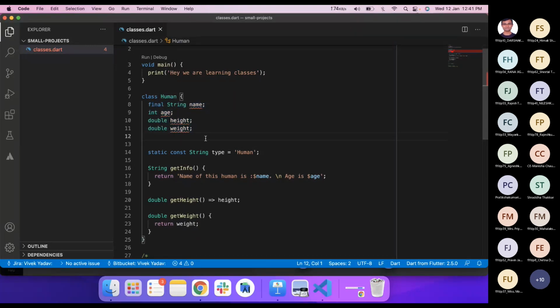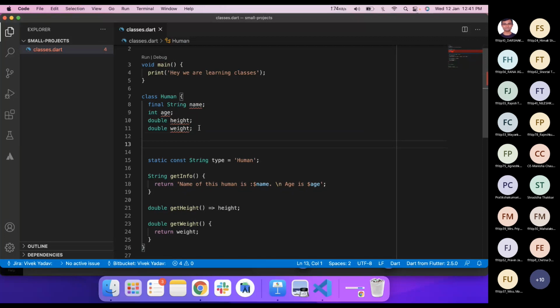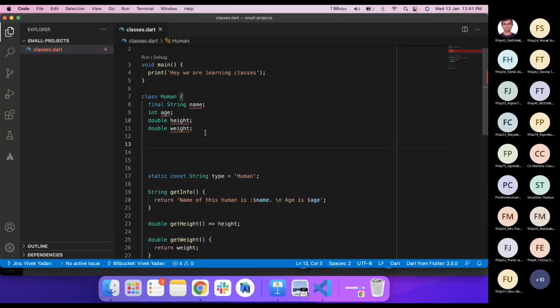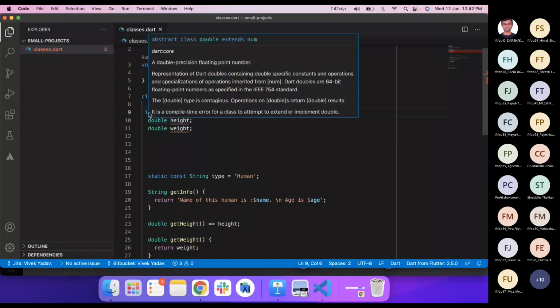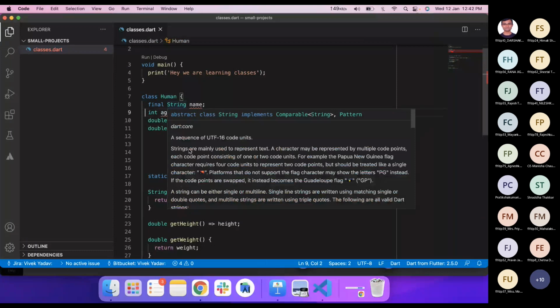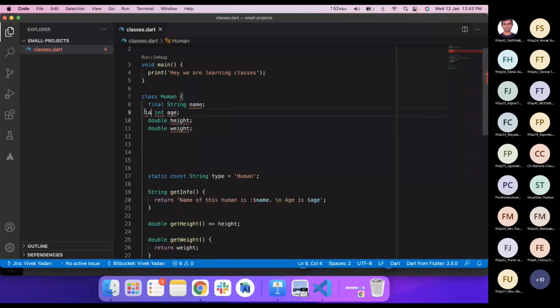Since we don't have any null variable here, it is showing us an error. How to resolve this error? It will be resolved either by the late keyword, or we have to give its value in our constructor. So there are two things. Let's put late here, first thing age, and after that let's create a constructor here.